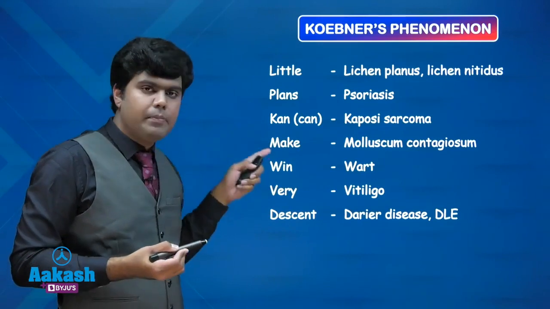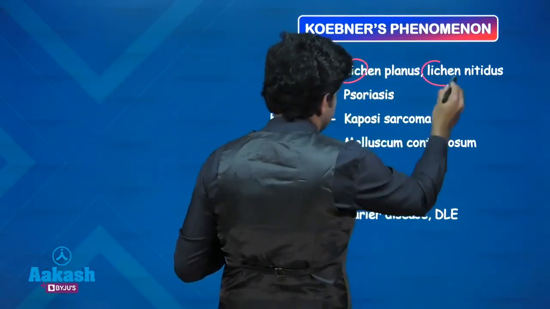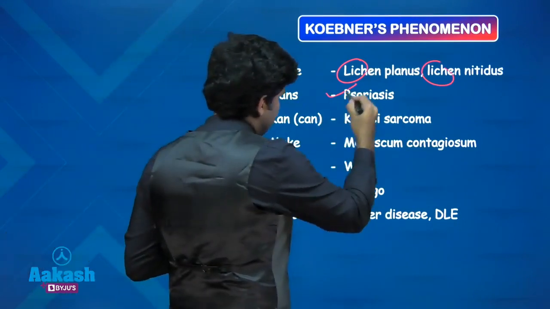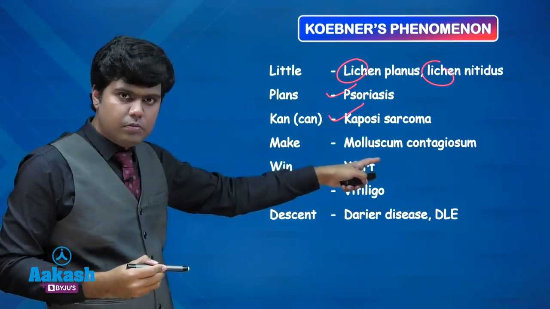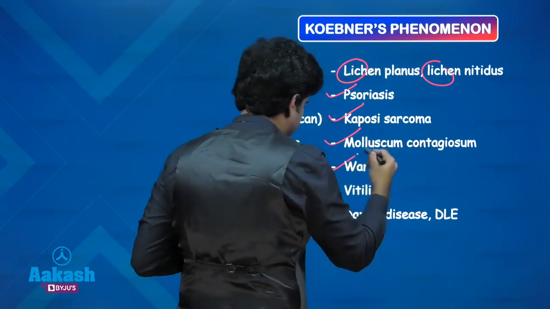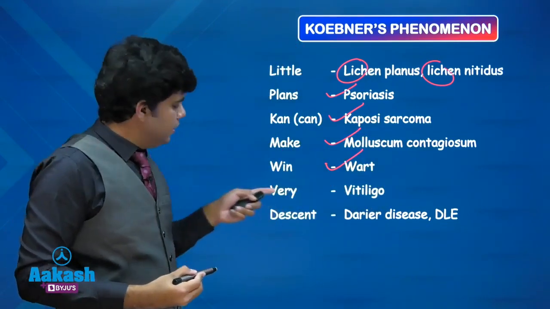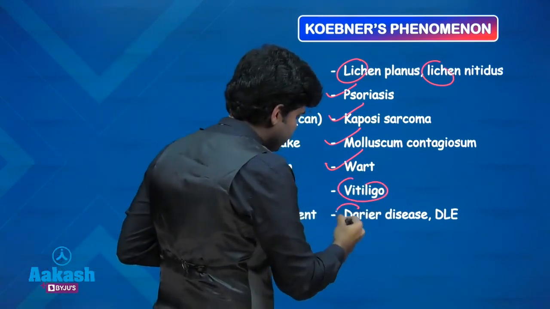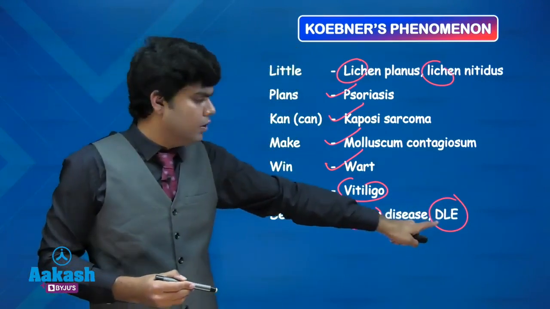Which lesions can make Wickham striae? Lichen planus and lichen nitidus. Plaques: psoriasis. We have Kaposi's sarcoma. Which can make Koebner's? Molluscum contagiosum, an infection, and warts. So both are infectious conditions, viral cutaneous disorders. The ones that can make Koebner's are vitiligo and Darier disease, as well as discoid lupus erythematosus, a chronic form of cutaneous